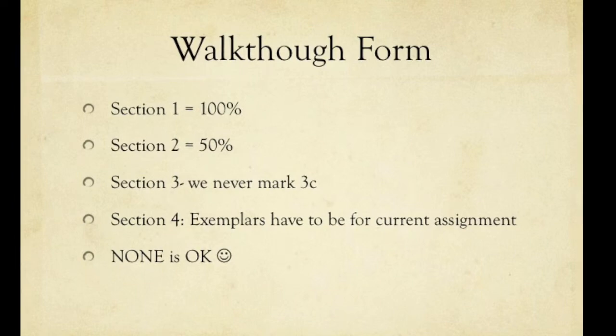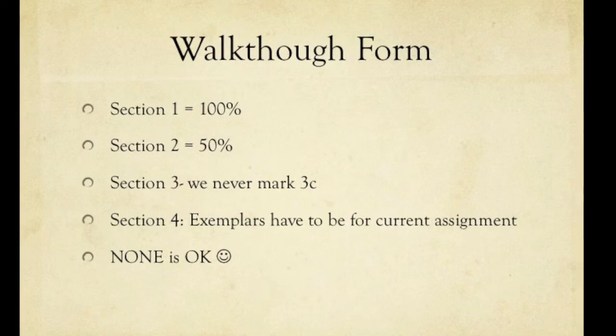So anyway, after the IC has 20 per subject or more, then the IC will reflect on the data and then hold a team meeting to really look at it and decide as a team what your goals will be for improvement. I also want to point out that if the IC selects none, that's not always a bad thing. It just means maybe you were giving instructions and it wasn't really clear what the kids were doing at that time, or the kids weren't doing anything while you were giving instructions. And that's okay. We don't want to see that all the time.